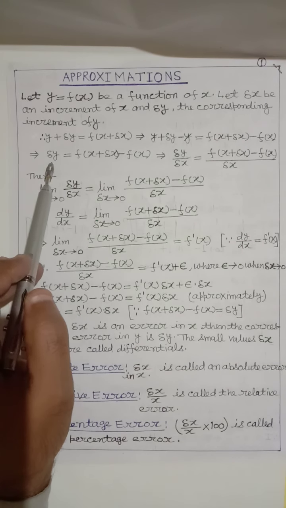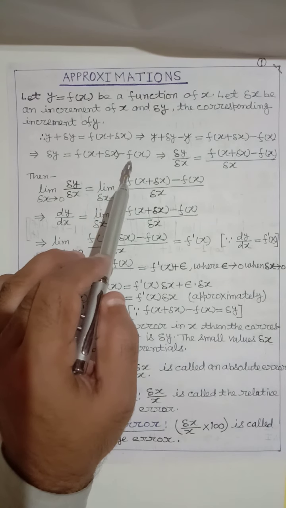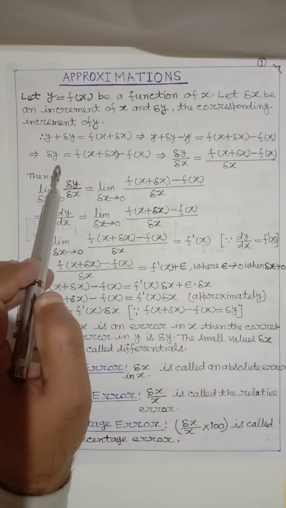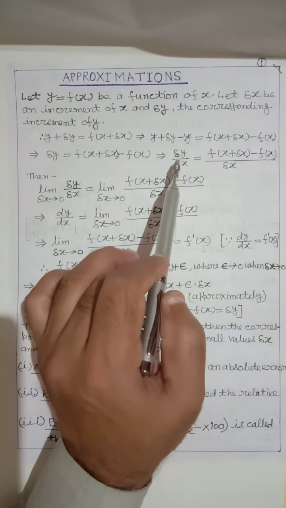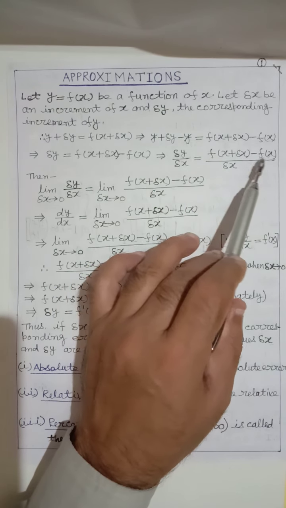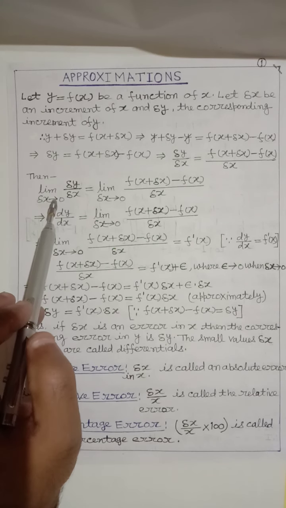So del y equal to f of x plus del x minus f(x), and if we divide by del x on both sides, we get del y by del x equal to f of x plus del x minus f(x) by del x. And taking